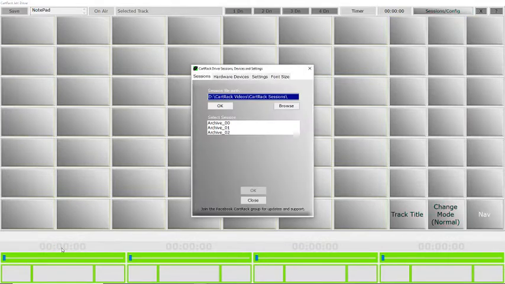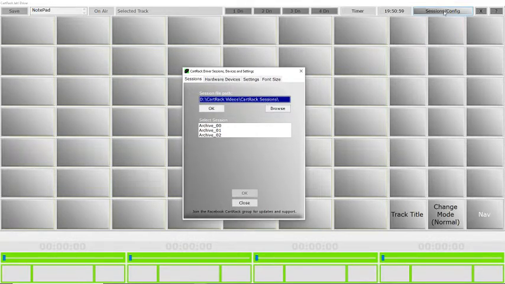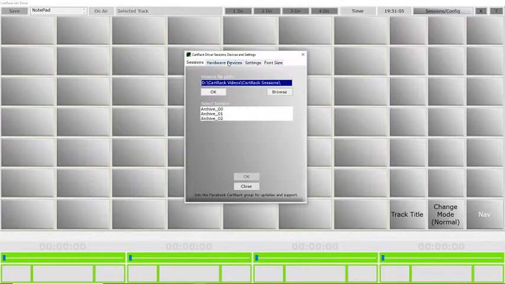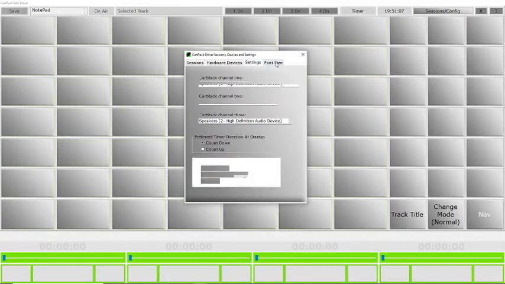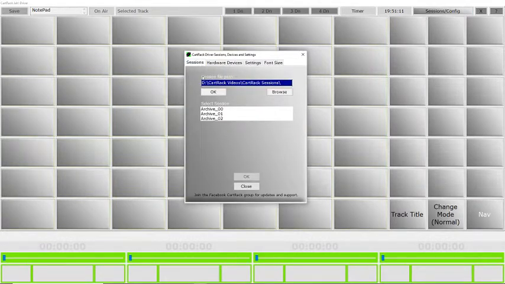We've got 4 stereo channels down the bottom, and this window always pops up at the start. It can be opened again from this button up here, top right, Sessions Config. I'll go into more detail of what these tabs do in a future video, but